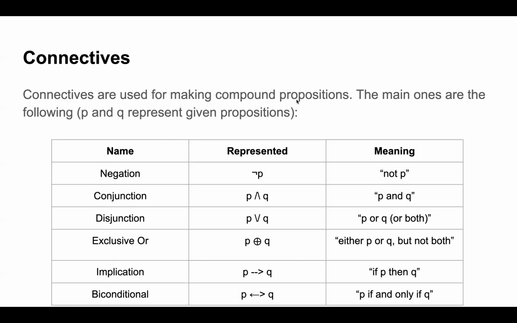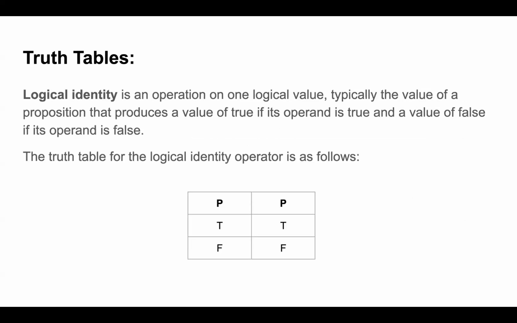Then we have seen the connectives. Negation is there, conjunction, that is P and Q. Then disjunction, P or Q. Then implication, that is P implies Q, if P then Q. And biconditional, P if and only if Q. Then exclusive or and exclusive nor, that is XOR and XNOR. These are also examples, but the basic connectives are 5: negation, conjunction, disjunction, implication, and biconditional.